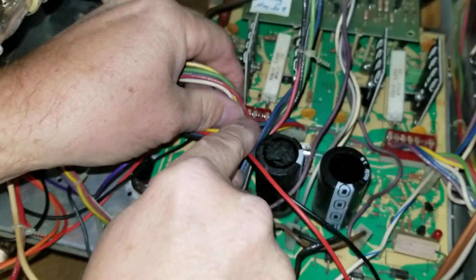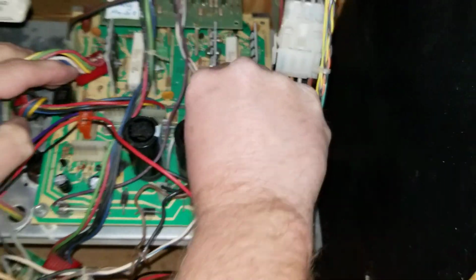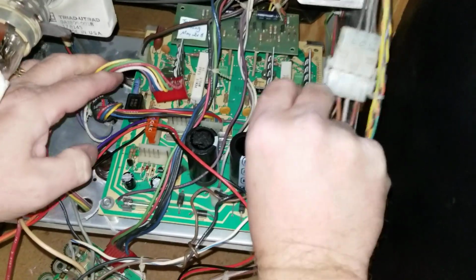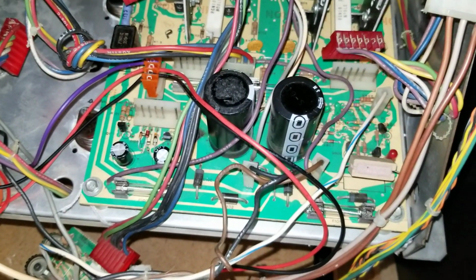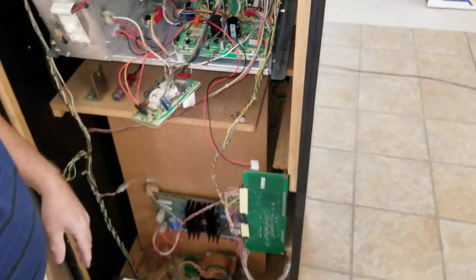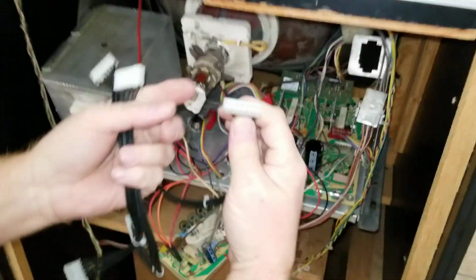transistors. One here, one here, and then one right here. And again, like I was saying, the new cables, it doesn't matter which way you put them in. You can use this side, you can use that side, it doesn't matter. And if you look close,